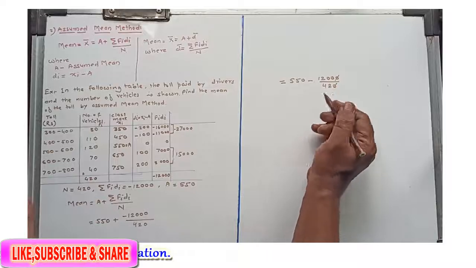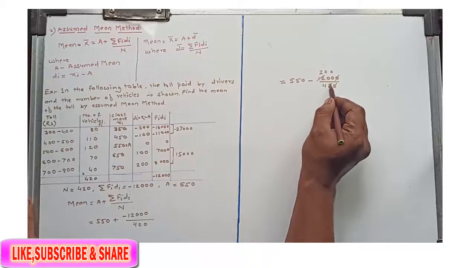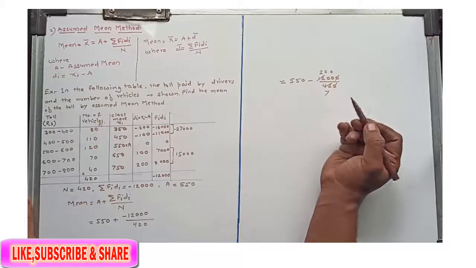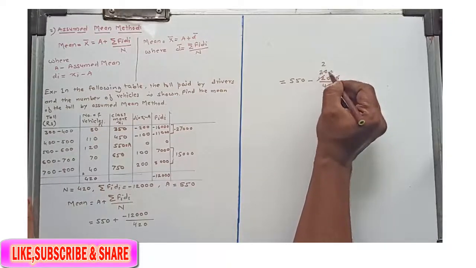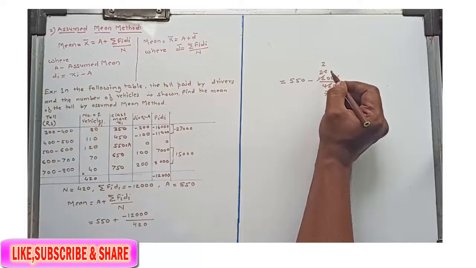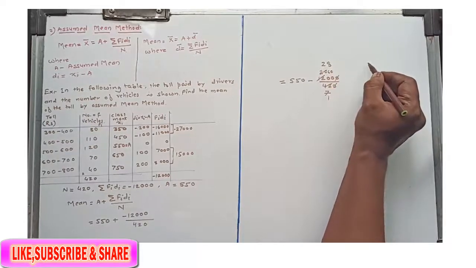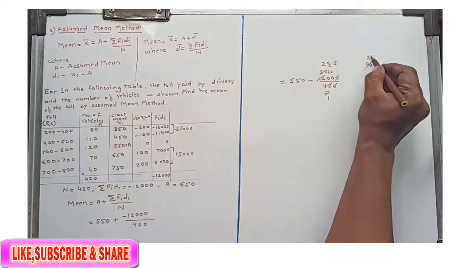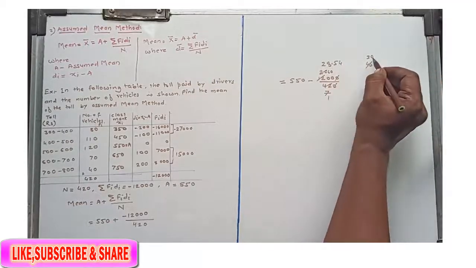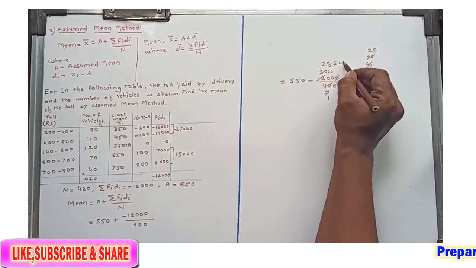12 1200 upon 42, so it will be 6 2s are 12, zeros are 0, zeros are 0, 6 7s are 42. Okay, then 7 1s are 7, 7 2s are 14. How much left? 6 left, and 7 8s are 56, 4 left. Just take point, add 1 zero, 7 5s are 35, 3 left. Okay, again add 1 zero, 7 4s are 28, 2 left, add 1 zero, 7 2s are 14.